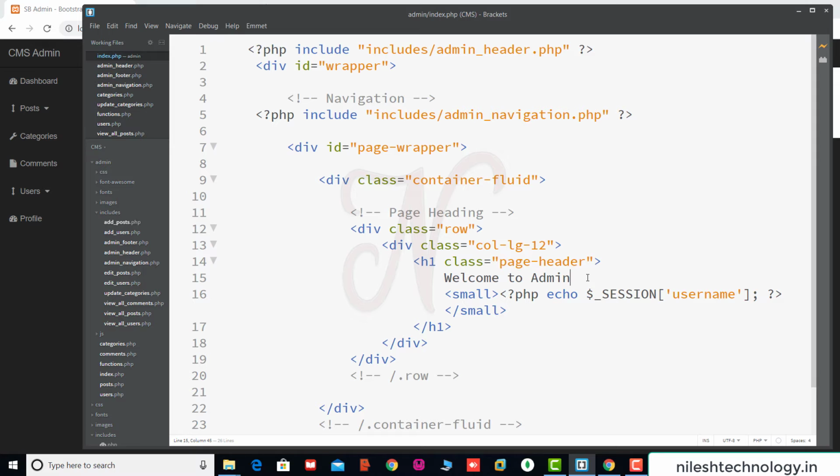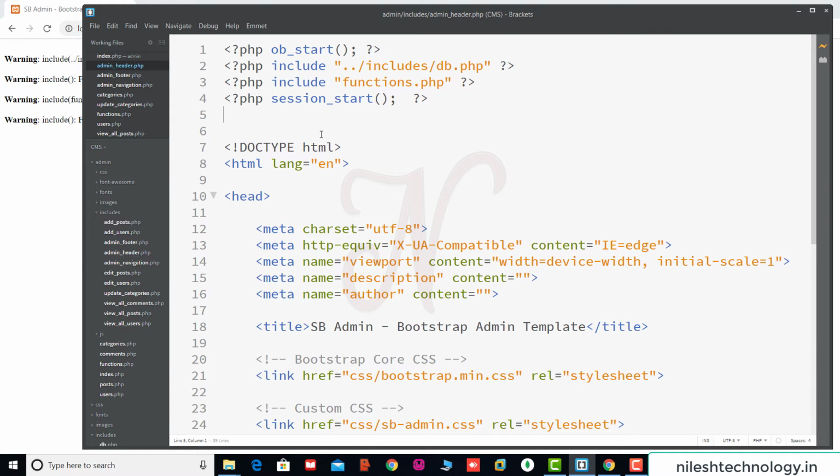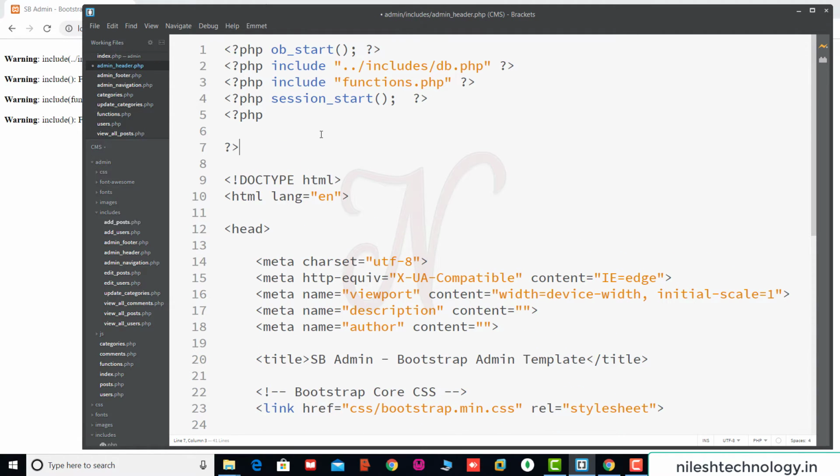Now we check whether the user role is admin or subscriber. If it is admin, then it is redirected to the admin home page. Okay, so we test inside this admin header.php file. So this one, admin header dot php file. Okay, so inside this we add one piece of code. Here we add one php script.